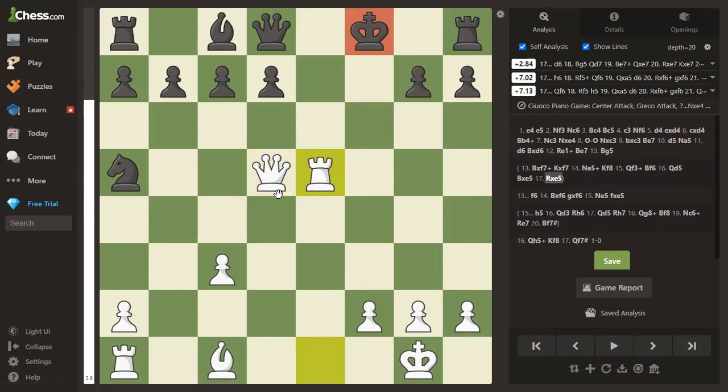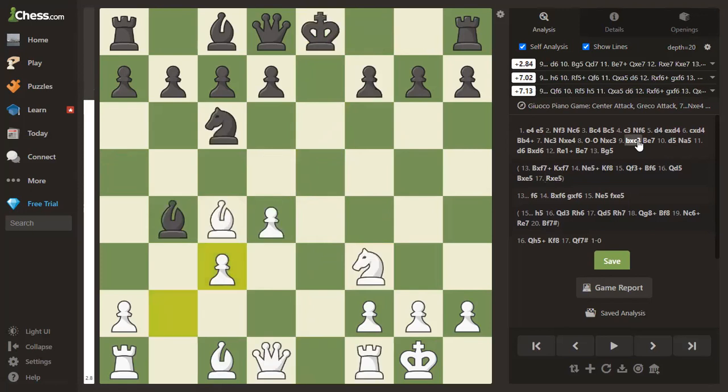Look at the state of the black king. Look at white's pieces in the middle of the board. We've got a dying knight over here. Just horrible. So really good example again of the trouble both players and especially black can get into with these